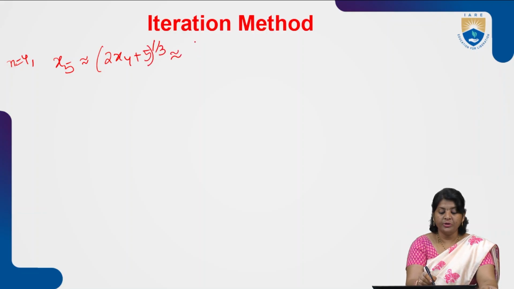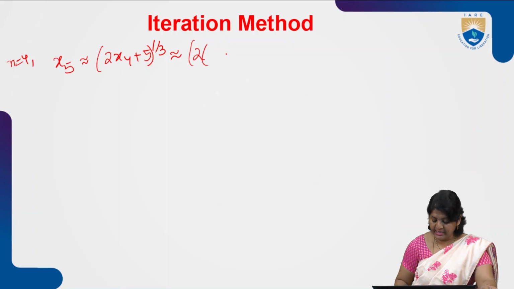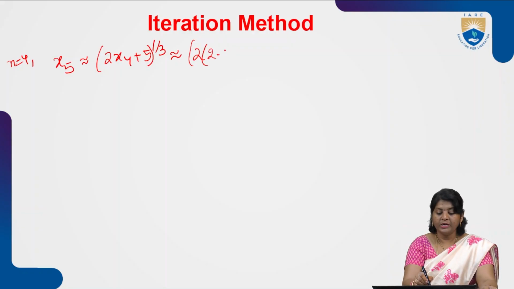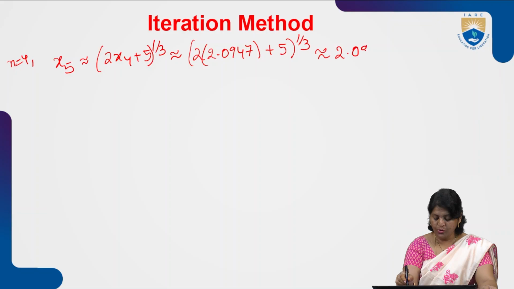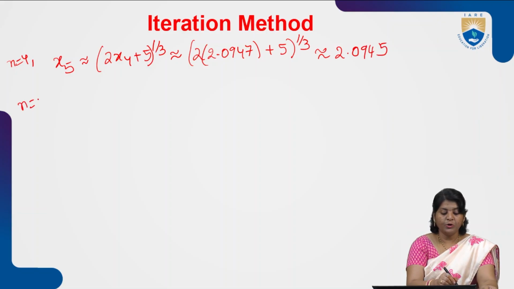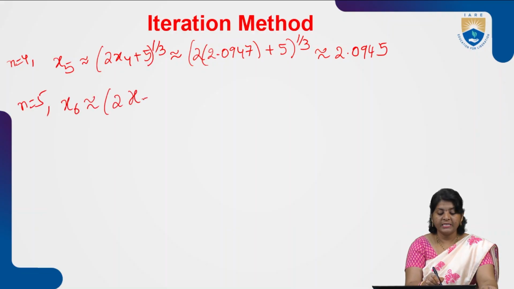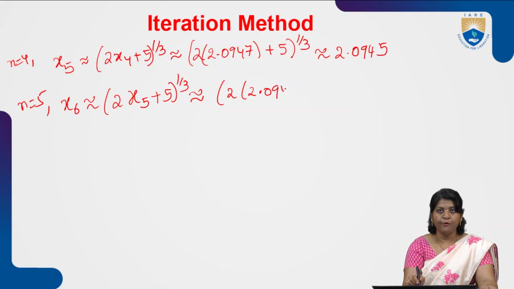So how much is this value? 2 into the x4 value, 2.0947, plus 5, whole power 1 by 3. And this approximate value is 2.0945. And now n is equal to 5. x6 is approximately equal to (2 x5 plus 5) whole power 1 by 3, approximately equal to (2 into 2.0945 plus 5) whole power 1 by 3, which is approximately equal to